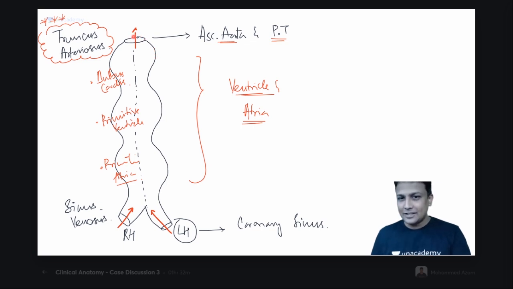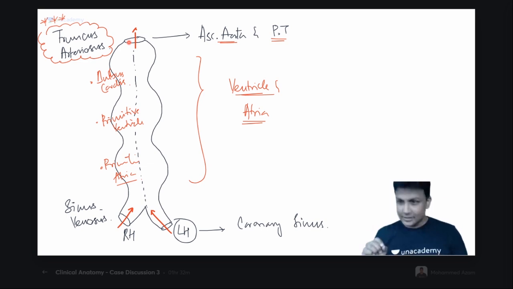In the middle of this truncus arteriosus, there is a formation of septum there. And that septum is going to separate both of them, guys. It is going to separate the aorta from the pulmonary trunk. Okay, acha. समझ में आ रहा है? It's like a story. You just keep on following my class. It's very well planned, one by one. So in the middle, there is a formation of septum. And that septum, I'll tell you one simple name first of all. On one side, there'll be aorta. On the other side, there'll be pulmonary trunk.